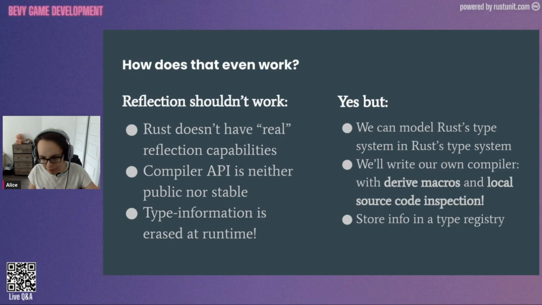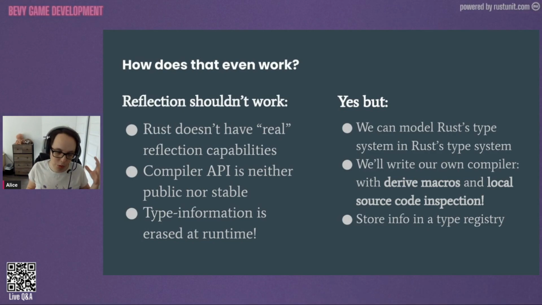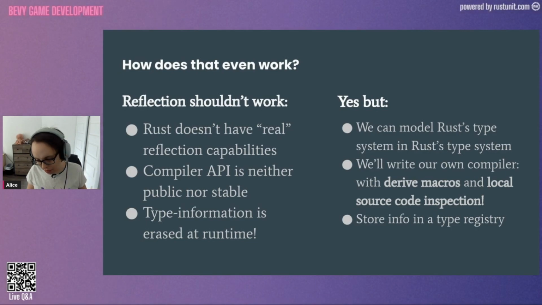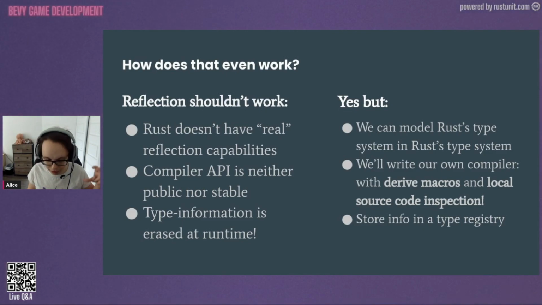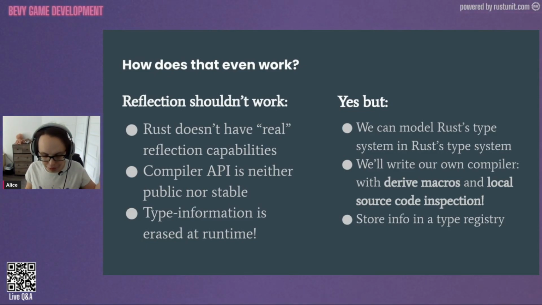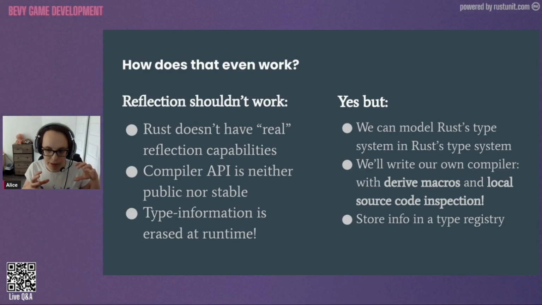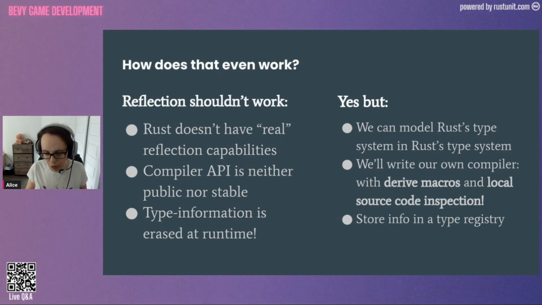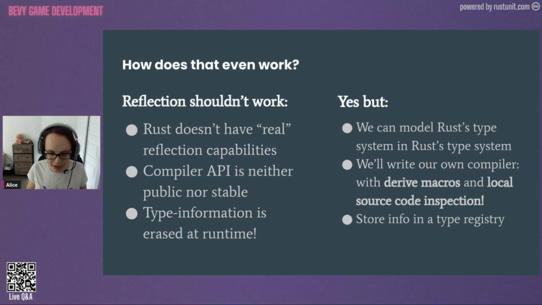We use derive macros. We look at the actual source code of those structs that you're defining, and you say, okay, what are the fields? What are the field names? What do they store? And you break it down recursively until you're back down to the primitives that we've manually said, okay, this is a value that we can reflect, and we know how to represent this. Then you have these complex nested structures that recurse down until you have a full way to capture any struct in Rust, hopefully. And then we take all this information that we generate through the derive macro, and we register it into a type registry,